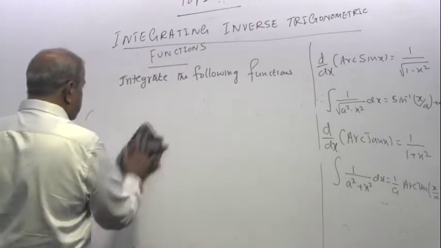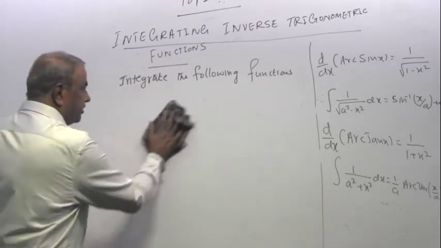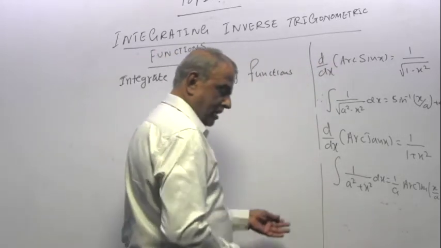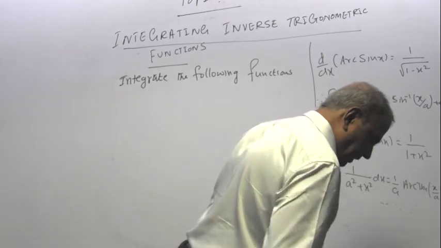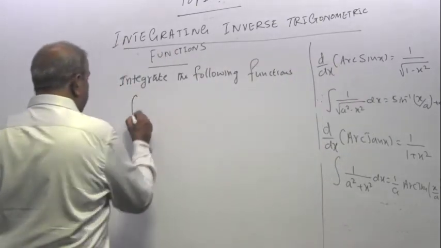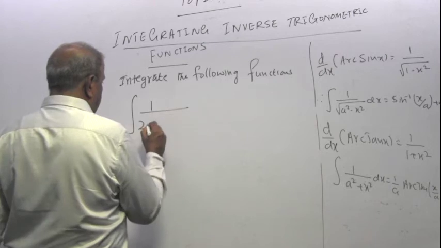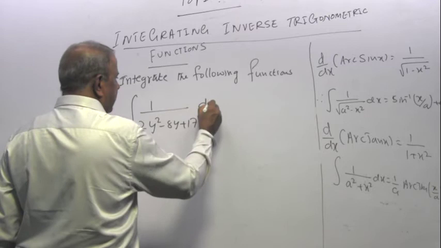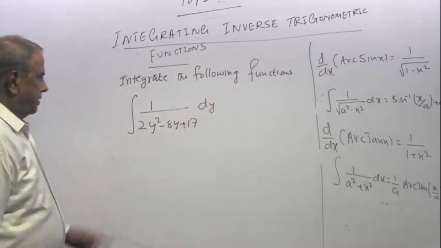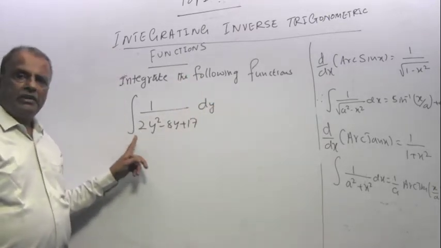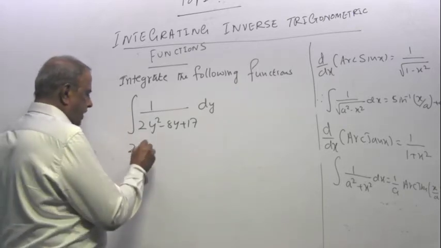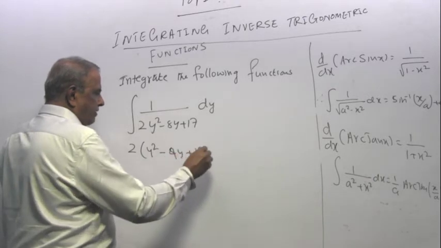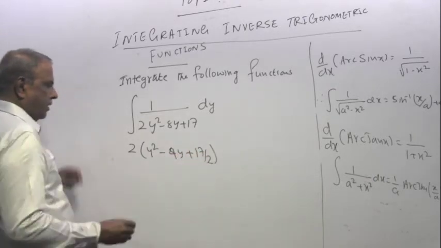And this method, please remember, for the math students, when your teachers teach you integration of hyperbolic functions, you will have the same thing: 1 over 2y squared minus 8y plus 17. Integral of 1 over 2y squared minus 8y plus 17 dy. If it is not a perfect square, take it out. So 2 times (y squared minus 4y plus 17 over 2)